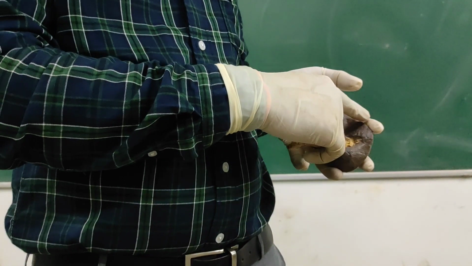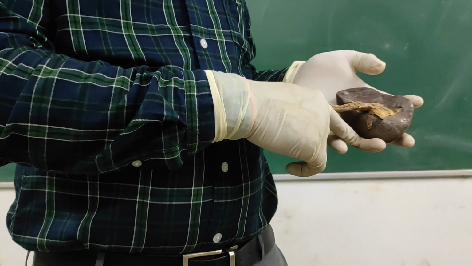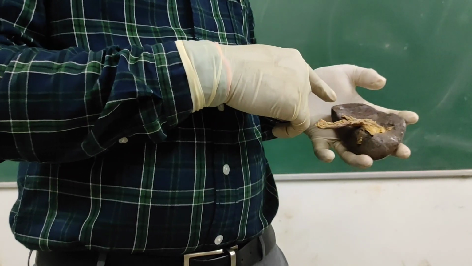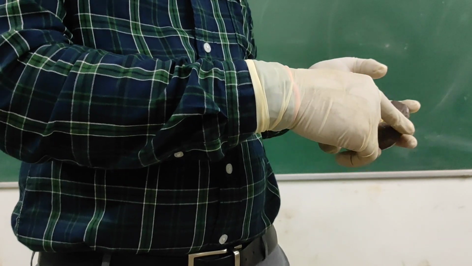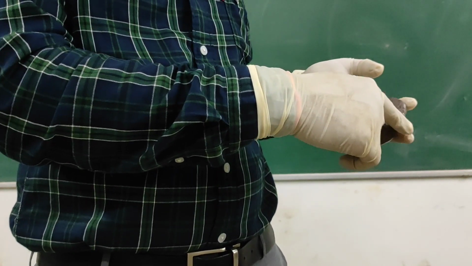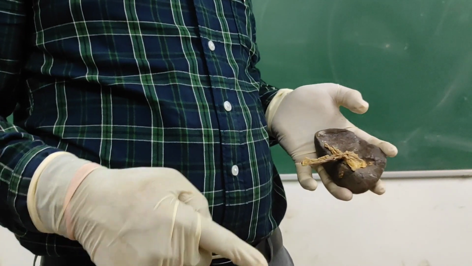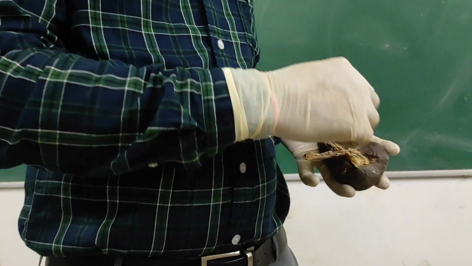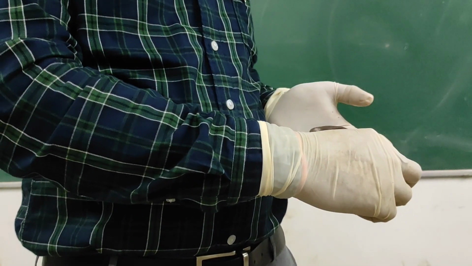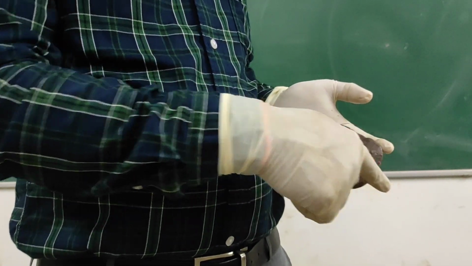The superior border is along the 9th rib, the inferior border along the 11th rib, and the intermediate border is along the 10th rib. So the long axis of the spleen lies along the 10th rib. So this is the anatomical position of the spleen: the posterior end is upward, backward and medially, and the anterior end is forward, downwards and laterally.